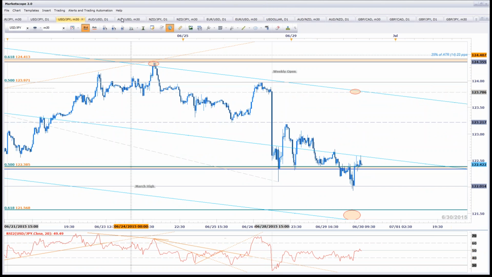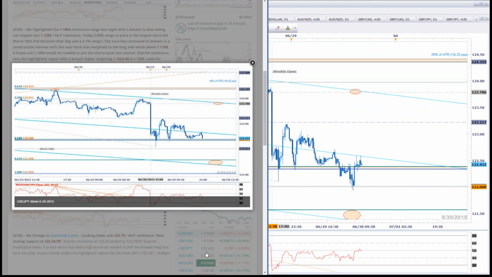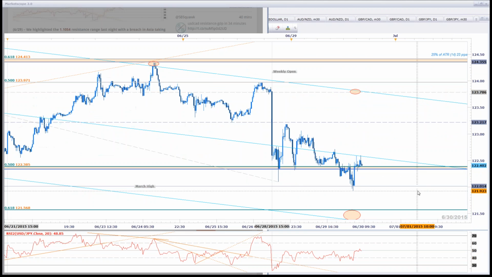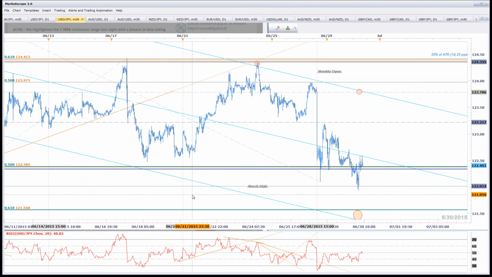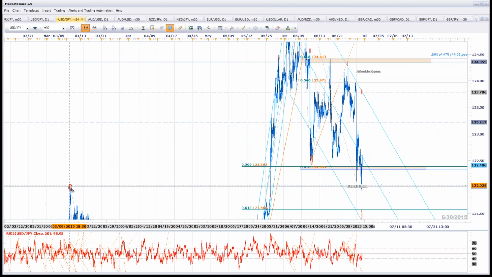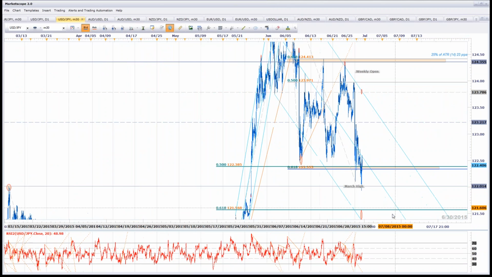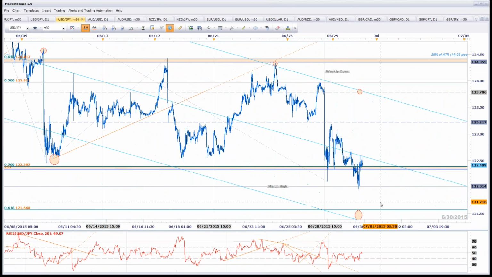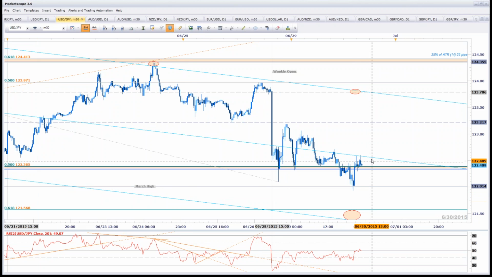Okay, so as far as the support targets are concerned, obviously the 122 handle is going to be just the March highs. I had that labeled for you right here. If we scroll back long enough, there's the March spike high. That triggered an overnight trade. I didn't take a position on that. I took a position on this new rally here back into the